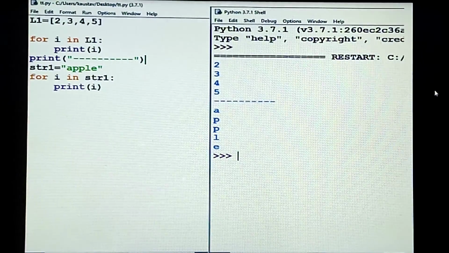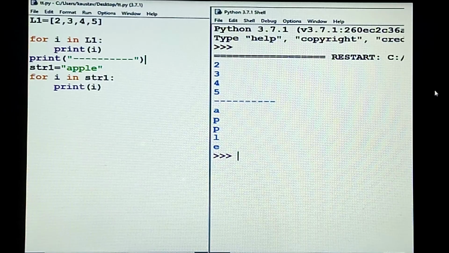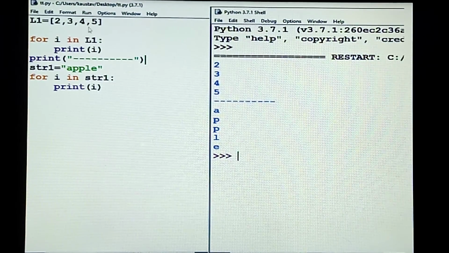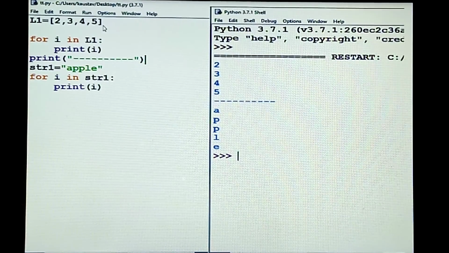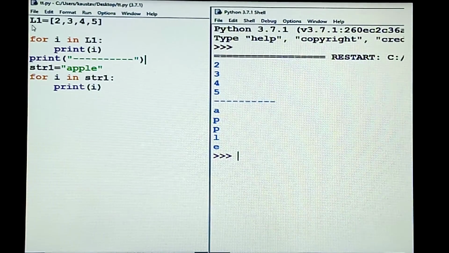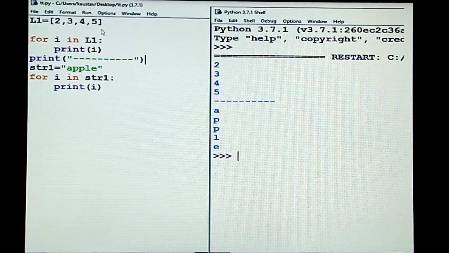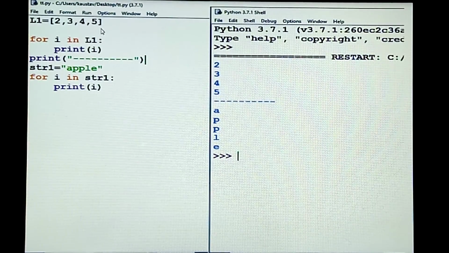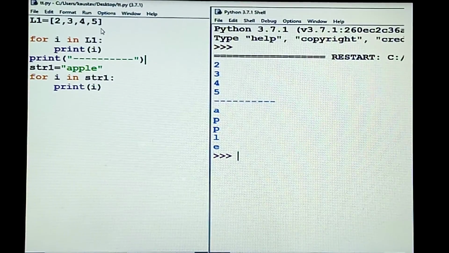Now we will see some different kinds of for. See that one, what is this? This is called the list. What is the list and what is the string? I am going to discuss with you just after this one. Here I have assigned some values. A list is a combination of comma separated values.